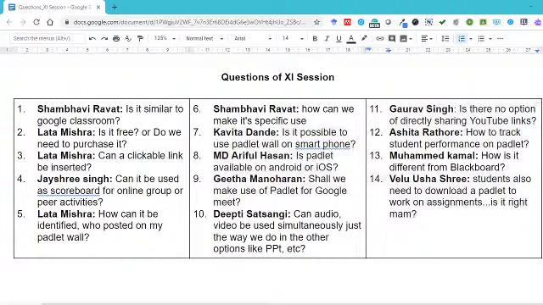Again, there are some interesting questions. When we have a Google Meet, like we have, can we use a Padlet? In other words, in the Google Meet? Yeah, in a Google Meet. I thought you mentioned it. Yes, I mentioned that we can share the Padlet link on the Google Classroom to the students.